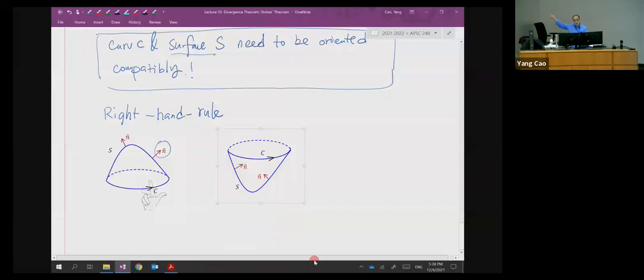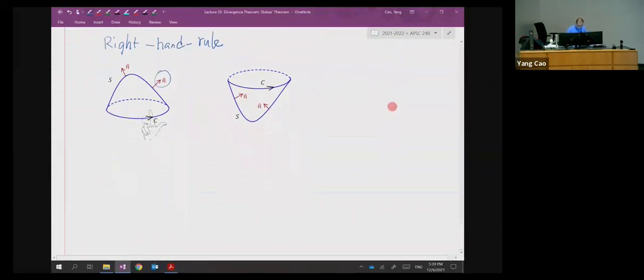Thumb pointing in the direction of the curve, and then index finger, try to visualize, animate it as if it's tangent to the surface S, and then the middle finger gives you the n hat, which is a direction pointing this way. That's how you choose your n hat and the curve C, and what we call oriented compatibly. All right, so let me give you one more exercise here and see if you can